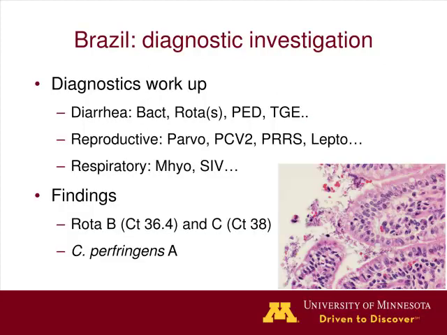And then we explored. Diarrhea was the first complaint for the vet, and then you go to the reproductive and respiratory, and that comes up with nothing there. The only thing that we really found was Rota B and C and Clostridium perfringens A. And when we went back to the vet and talked about our findings,